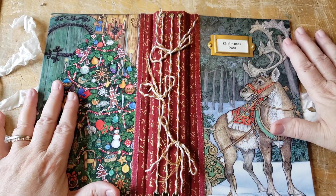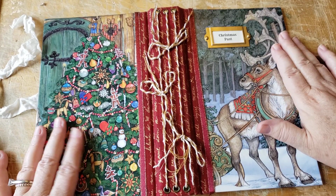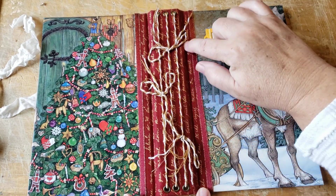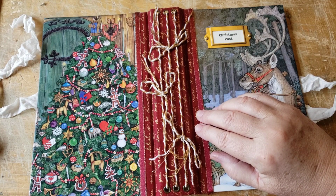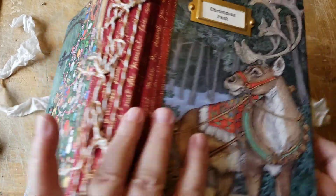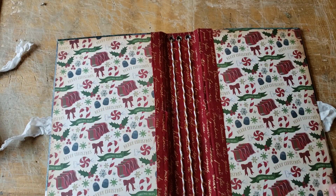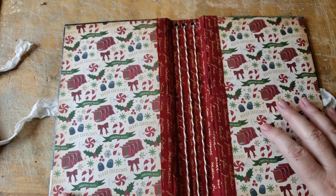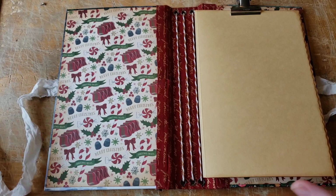My book is ready. You'll notice the stunningly beautiful artwork of Jan Brett on the covers here. And then there's this Christmas fabric. It still had the selvage on it. Golly, now I forget. I think it said Danish Designs or something. So I'm suspecting that maybe that's Danish writing on it, and I love it. And then inside, I used scrapbook paper, and as you can see, there's sparkly baker's twine there through the eyelets, and then I have my